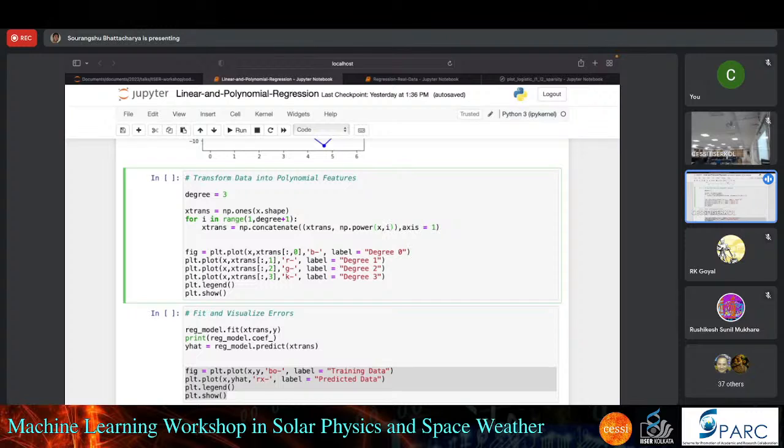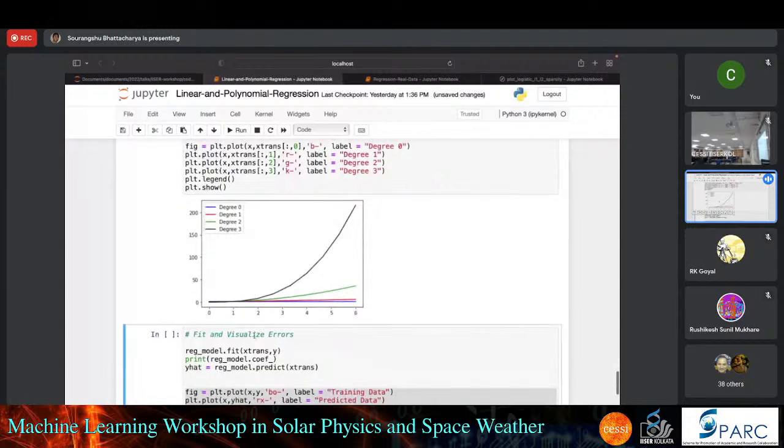First i is 1, so you are concatenating the x to the power 1 features to the earlier all ones feature. Then you concatenate the x to the power 2 features and so on and so forth. So when you run this,